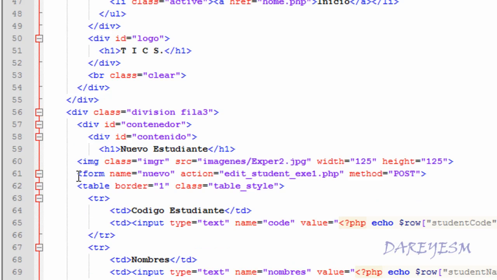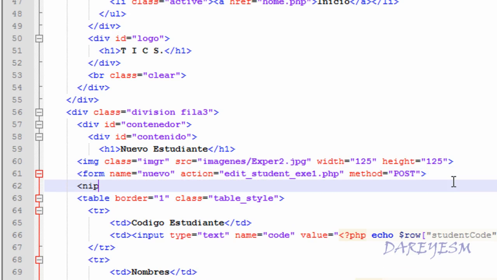Okay, in this part I'm going to use a new input. Here I'm going to put input, input type hidden. This input doesn't appear in the form because it's the hidden type, and we are going to put the name. Name equals, here we are going to put the ID. The value is going to be